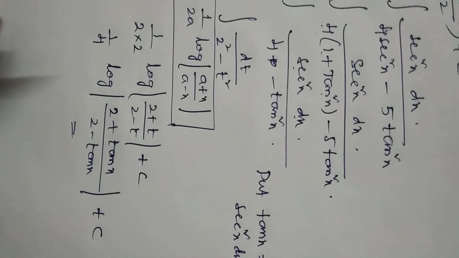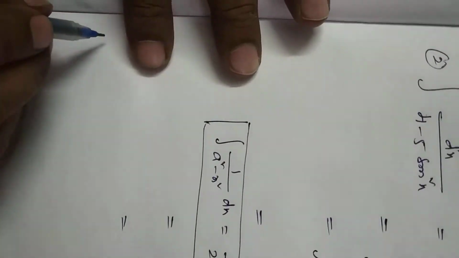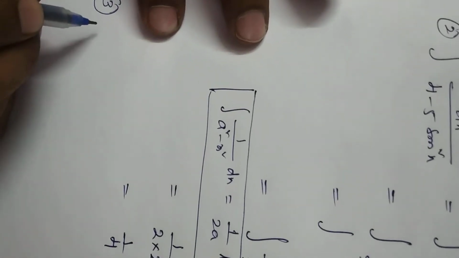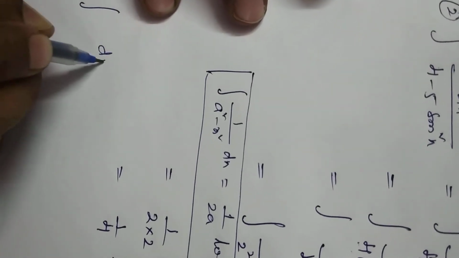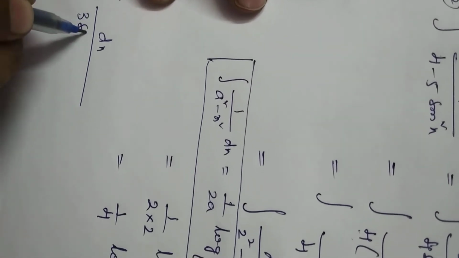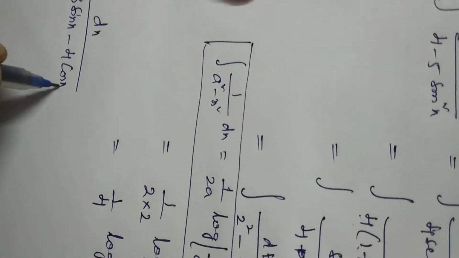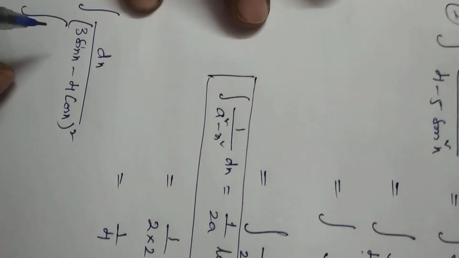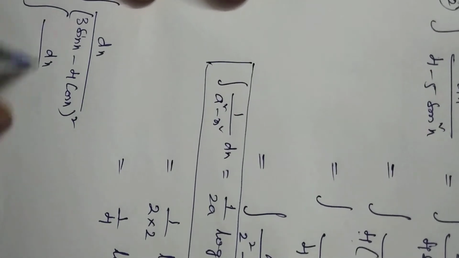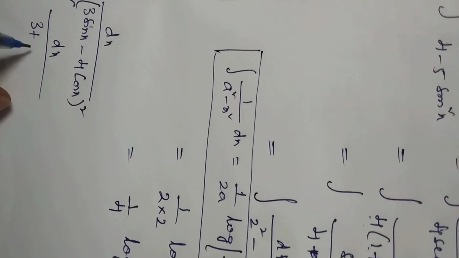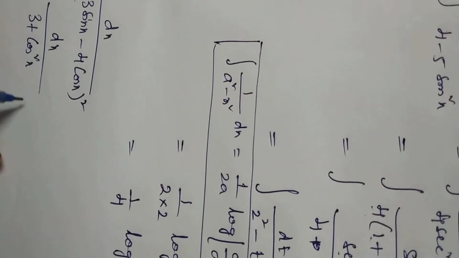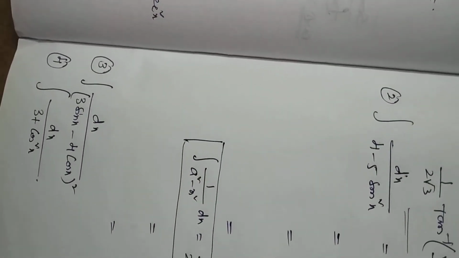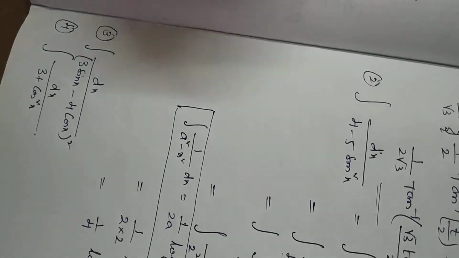Now 2 more examples I am going to give you. You try to solve these. I am not going to tell the solutions for these. So the third and fourth you have to solve. The third one is integration of dx by 3 sin x minus 4 cos x whole square, and the fourth one is integration of dx by 3 plus cos square x. Okay, so we can do this. Easy answers only you are going to get. It's not a problem. Okay, next let us start.